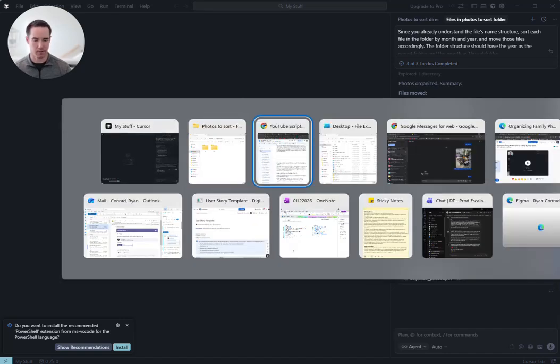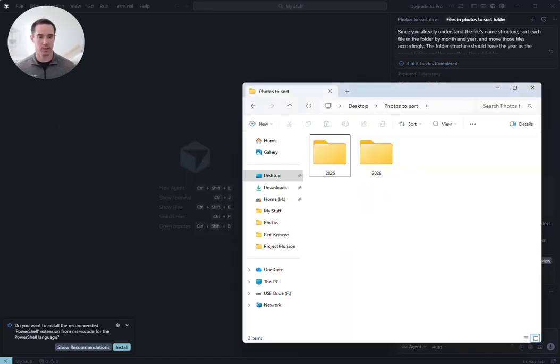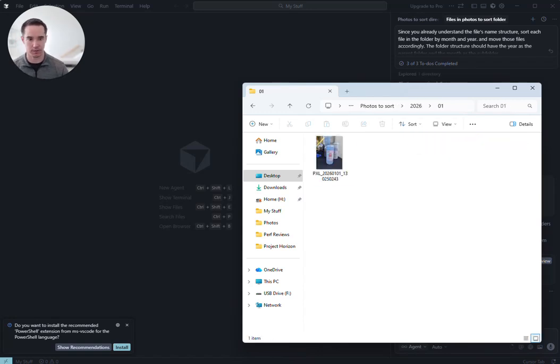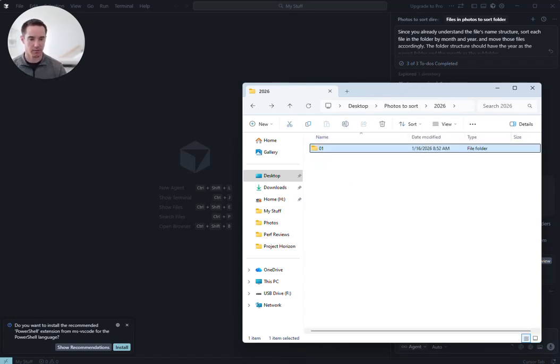And if I go back to that folder, we can clearly see that those 4 files have moved into a 2025 and 2026 folder. If we open 2026, we see a January folder. There's the corresponding file there,